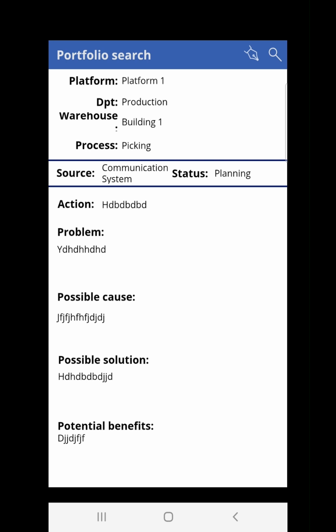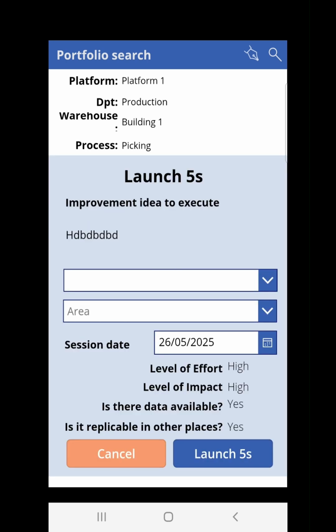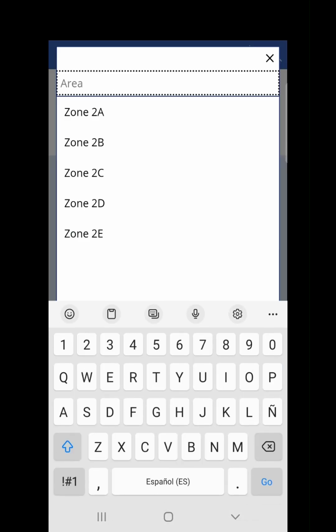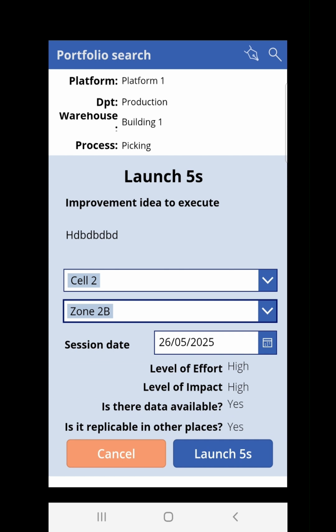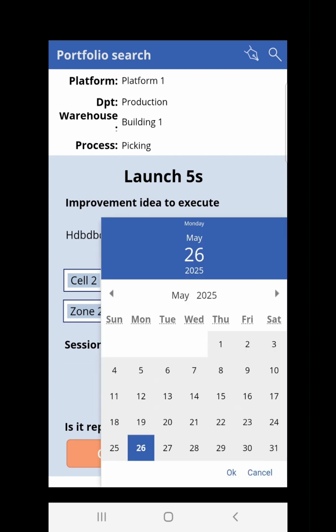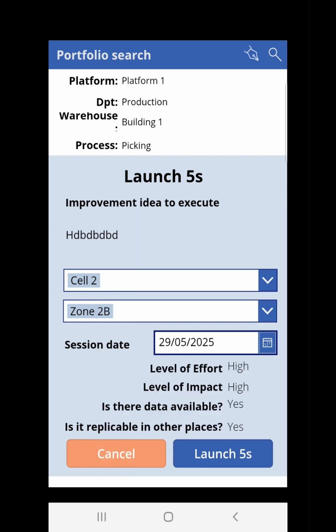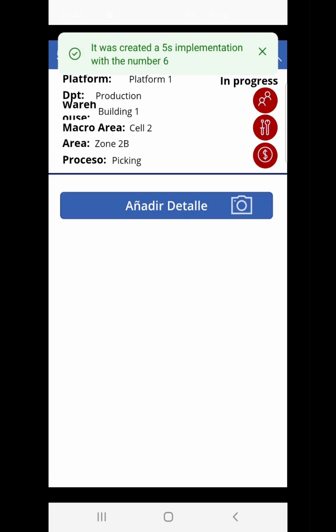Next, we review the data and precisely define the zone and microzone where the 5S will be implemented. We also confirm or set the date on which the session will take place. Once this information is completed, we click Launch, which creates the 5S session we are about to execute. From that moment on, instead of accessing the portfolio, we enter the 5S section, where we can see the sessions